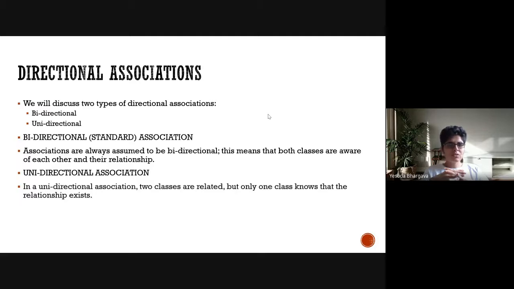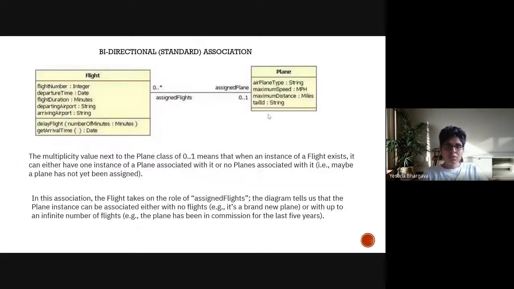What bidirectional association generally means is that both classes are aware of each other and their relationship. However, in unidirectional, the two classes are definitely related, but only one class knows that the relationship exists. Because it is actually using the other class for some functioning, but the other class may not really know about it. So to understand